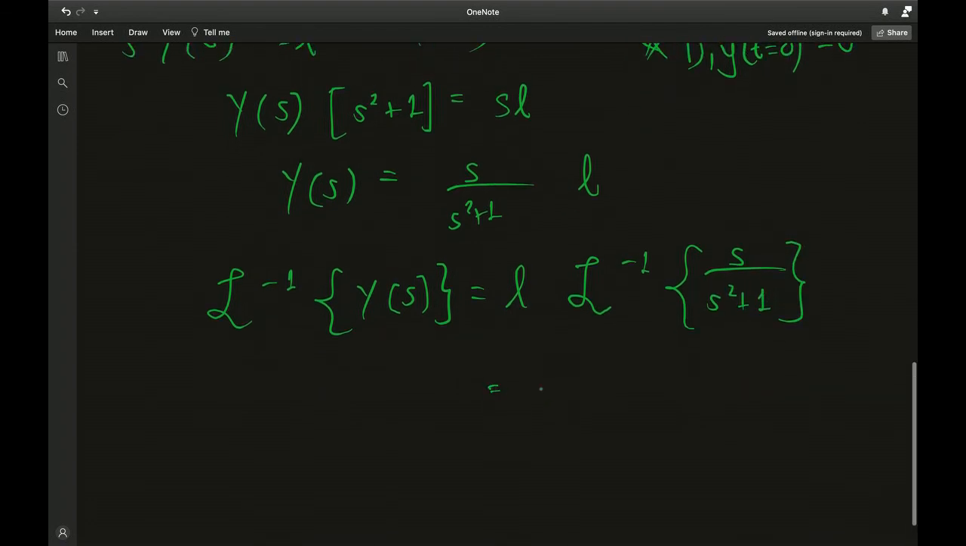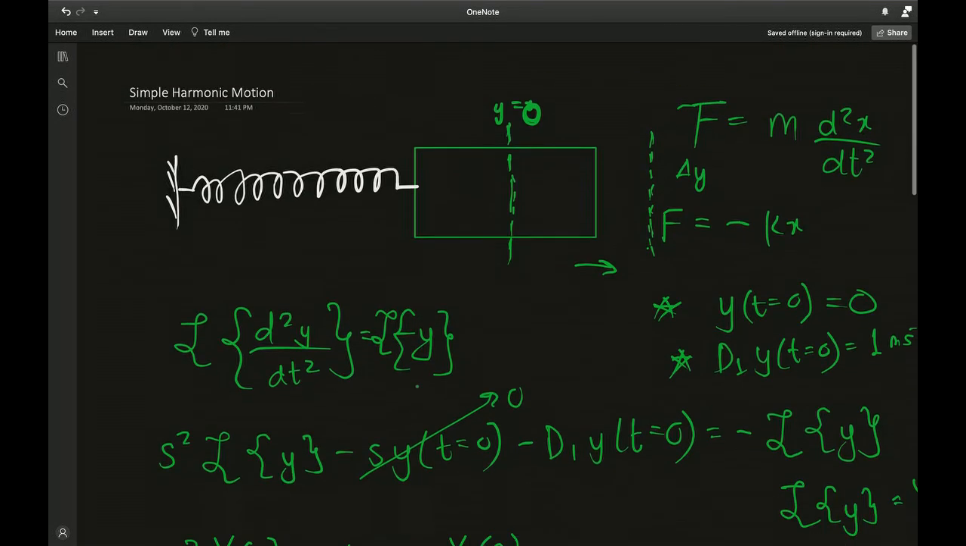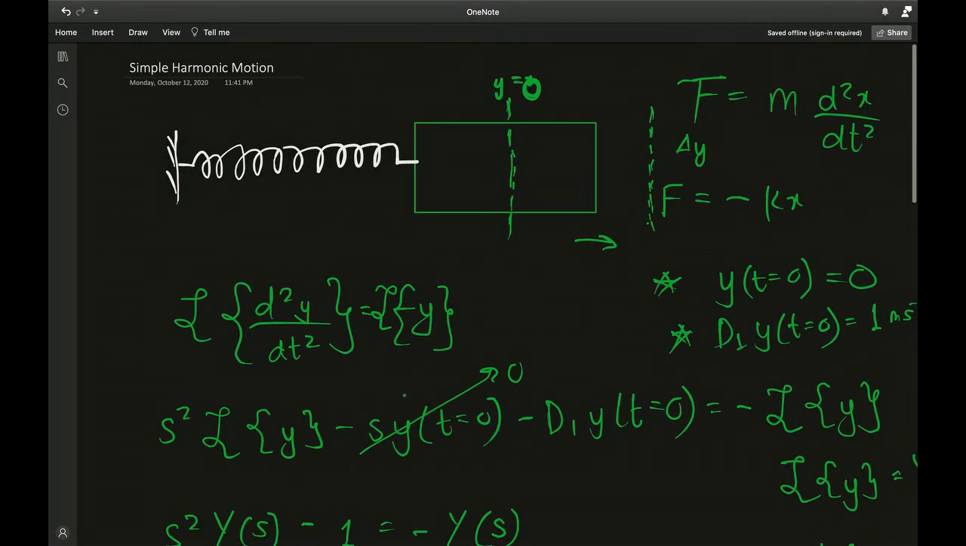If you check your table again, this is cosine of t. This is a y. So the essence of the solution to this differential equation is that trigonometric terms like sine and cosine are going to satisfy a differential equation of this form given the appropriate initial conditions. Because if you slightly change the initial conditions, a sine becomes a cosine,